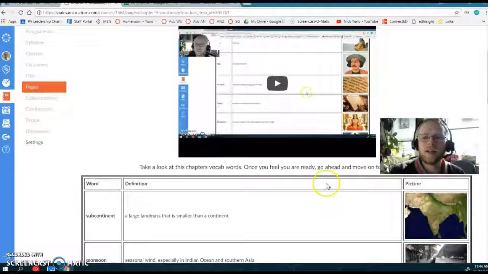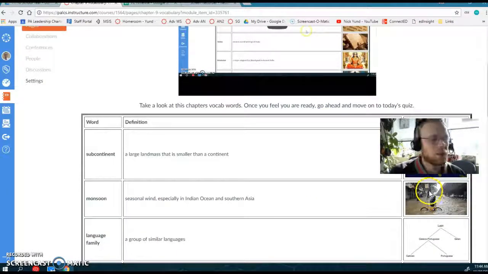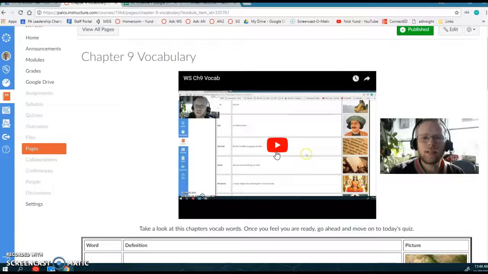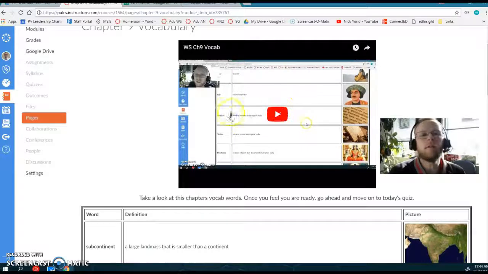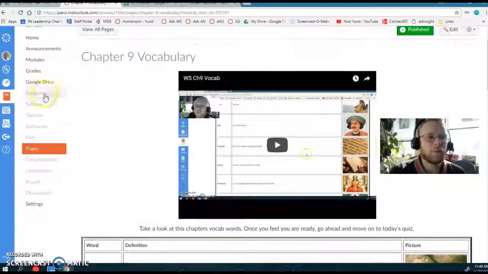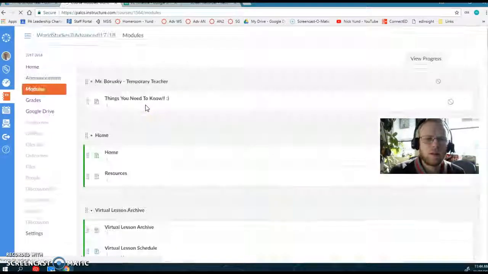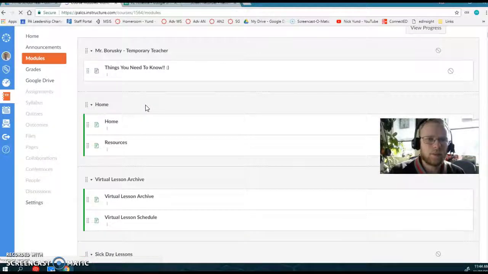And I redid all the vocab, adding pictures. Just something I wanted to do last year that I didn't have time to do, so all the vocab is getting updated, and therefore every vocab video ends up in turn being updated. Looking at the rest of the chapter, when she loads up,